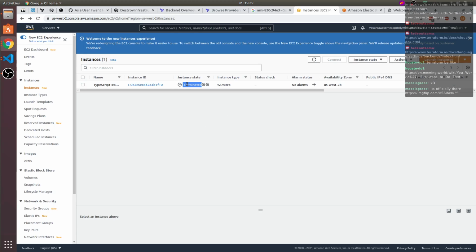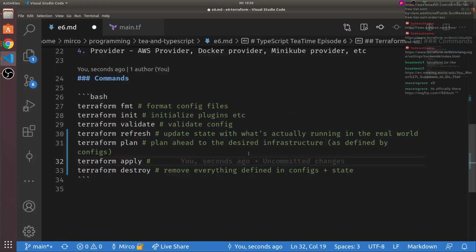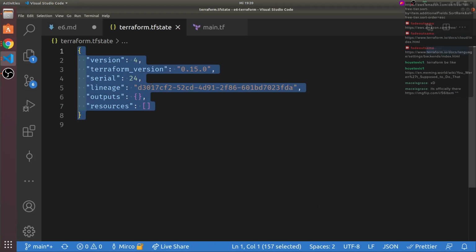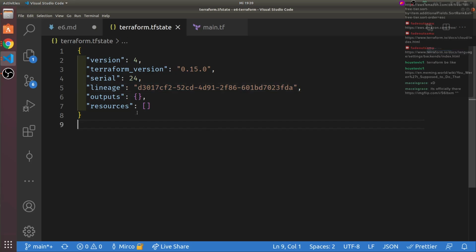We will not be able, if we run it again, and we will run it again, you will see that it's a different instance that's being created. Because the state is actually completely destroyed, as you can see here.